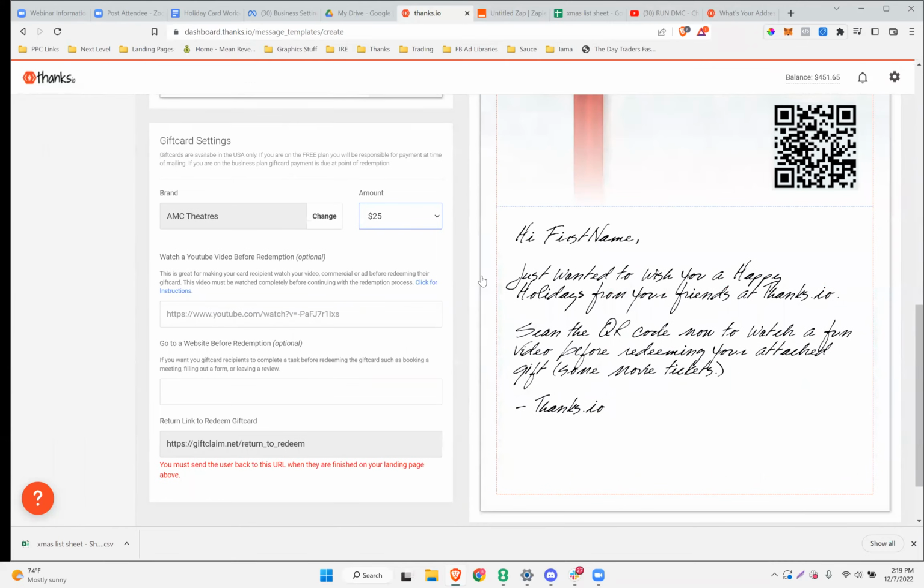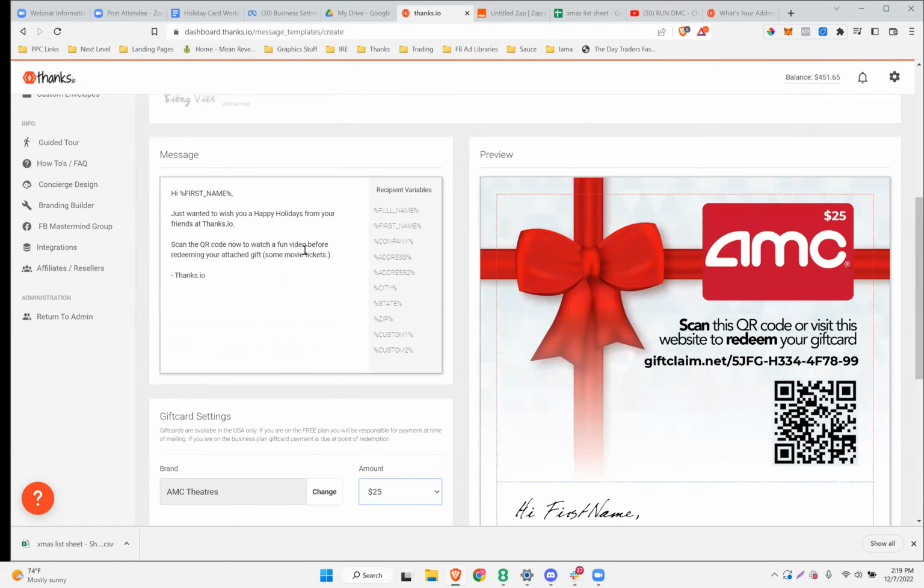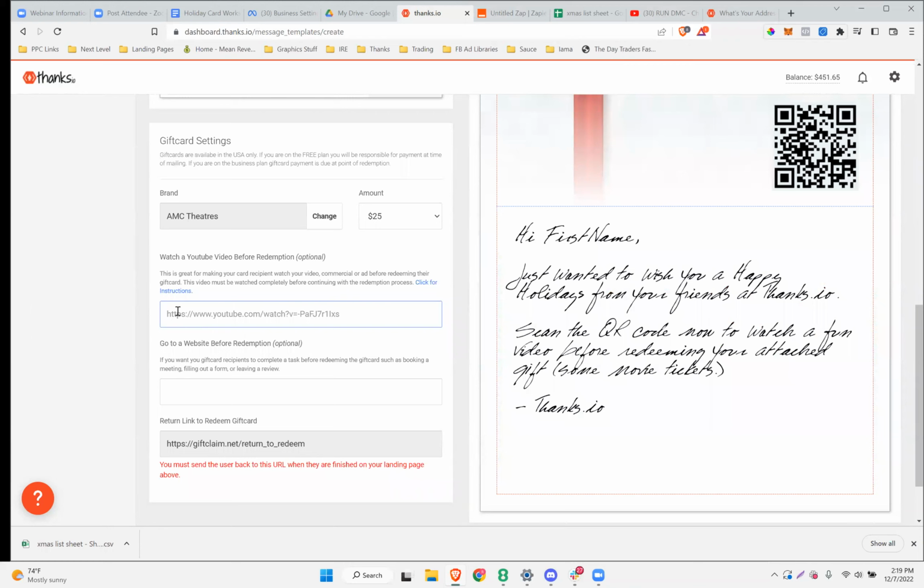So there we go. We see our handwriting appear. Get the QR code. And what Shane was referring to is you can actually make people take a specific step before they